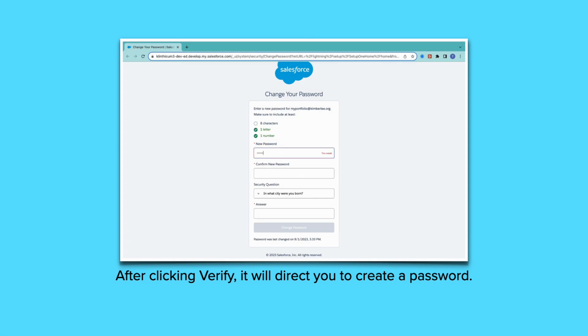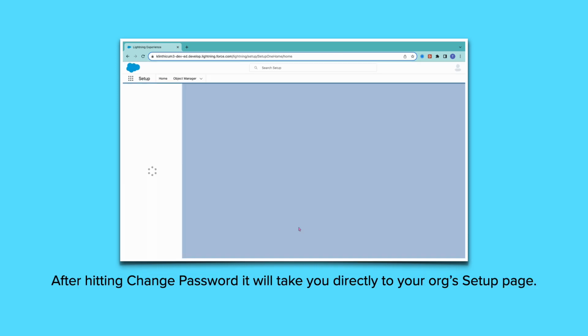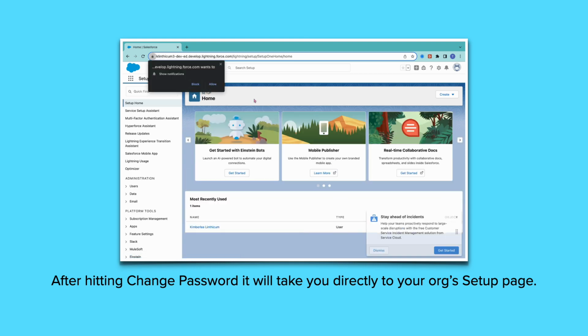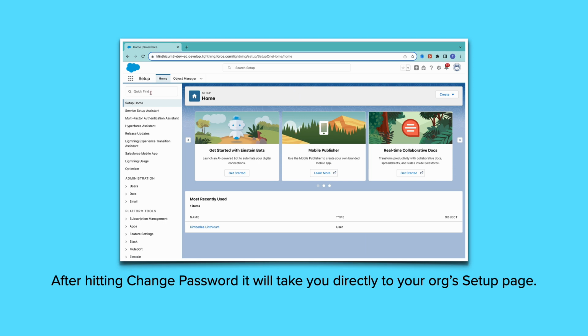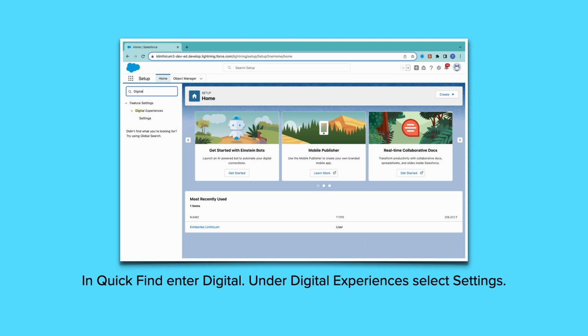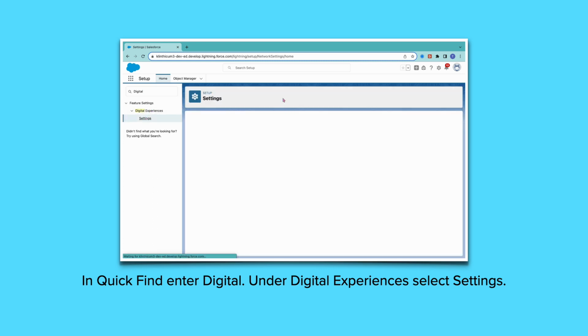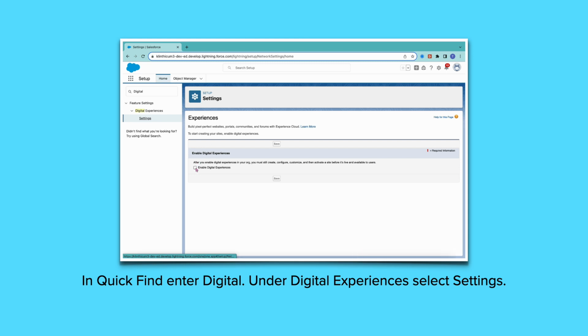So now I will go ahead and create a password. Once you finish the password, it'll take you directly to your org's setup page. In setup, you want to go to the quick find box and type in digital or DIGI. In there, you'll see digital experiences settings. You want to click on the box that says enable and then hit save